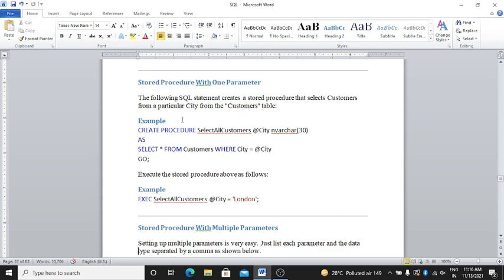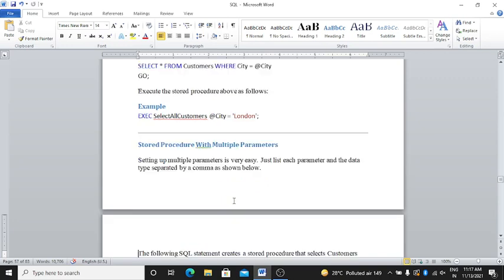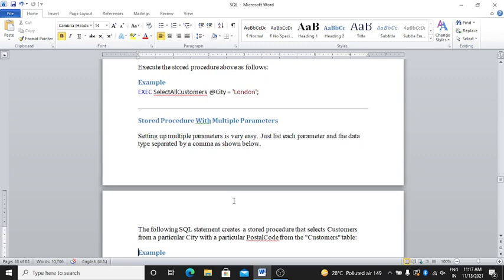Example: create procedure SelectAllCustomers @City nvarchar(30) as select star from customers where City = @City, go. Execute the stored procedure above as follows: exec SelectAllCustomers @City = 'London'. Then all the customers from London are selected, right?